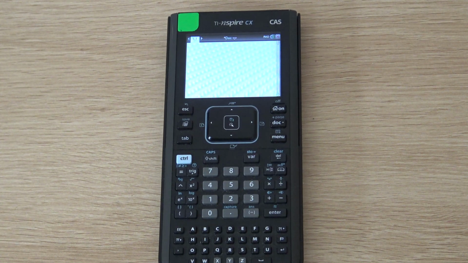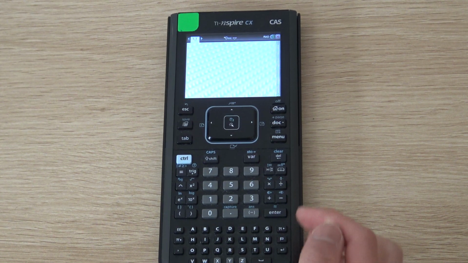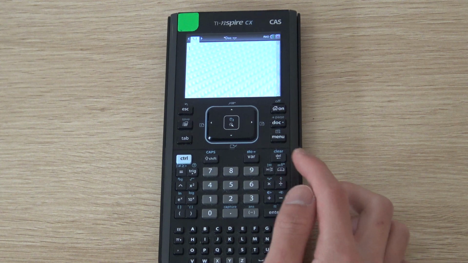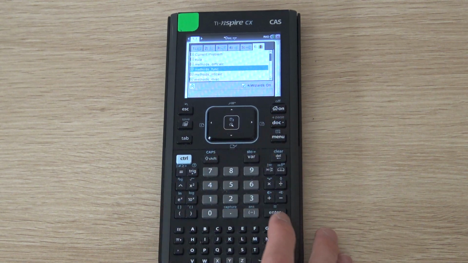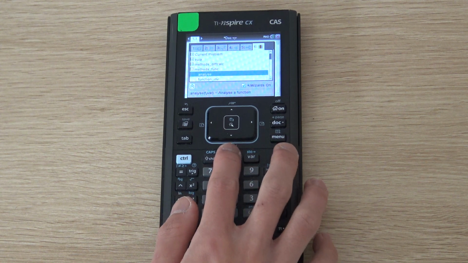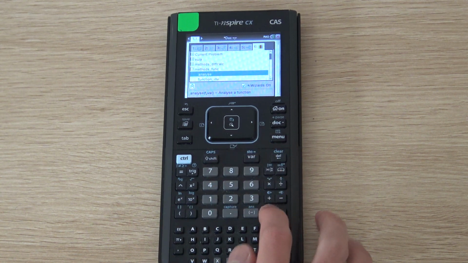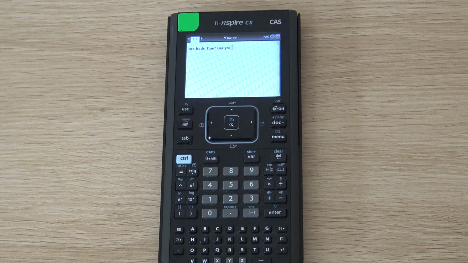Alright, so we're going to be taking a look at the Analyse program in this video, and in order to use it, you want to go to the Catalog menu right here, so open that, and you want to find the methods functions library, open that up, and there it is right there, the Analyse program. Click enter to enter it into your calculator page,